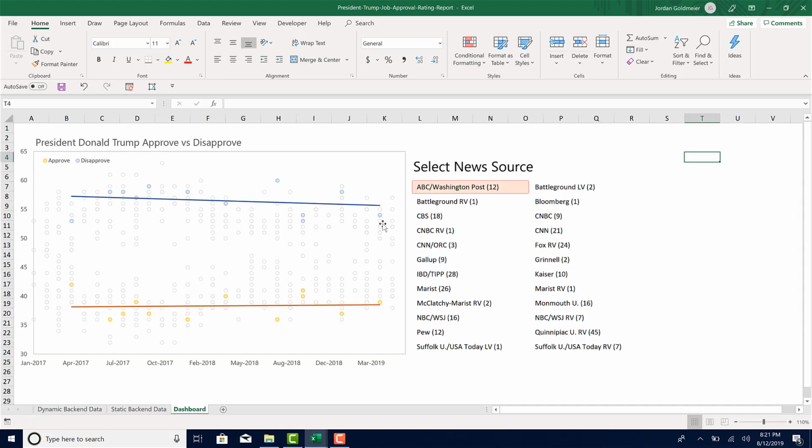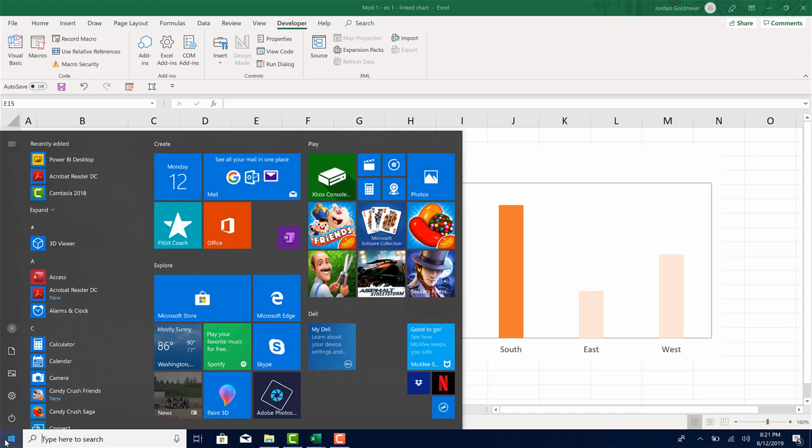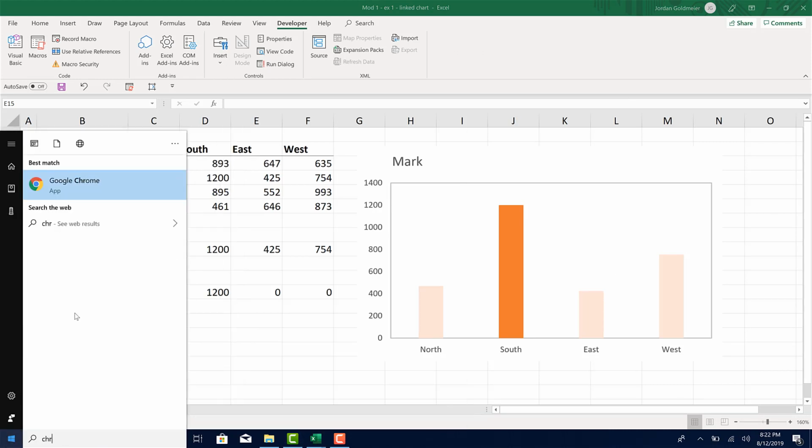I debated even using it for this, but the thing is that when it comes to data, there's nothing like politics, right? So what I'm going to do here is I'm going to go to Chrome,